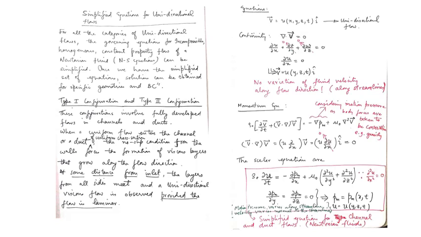So I've already mentioned this. At some distance from the inlet, the layers from all sides meet and a unidirectional viscous flow is observed, provided of course the flow is laminar. So this is something very important. Though I will not be mentioning it again and again, unidirectional flow